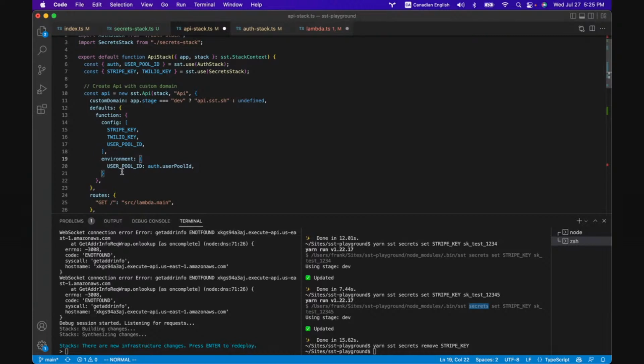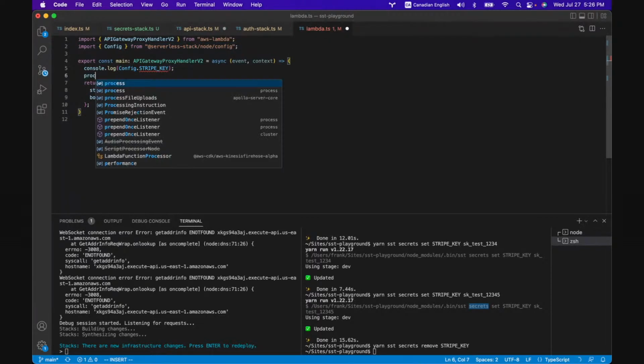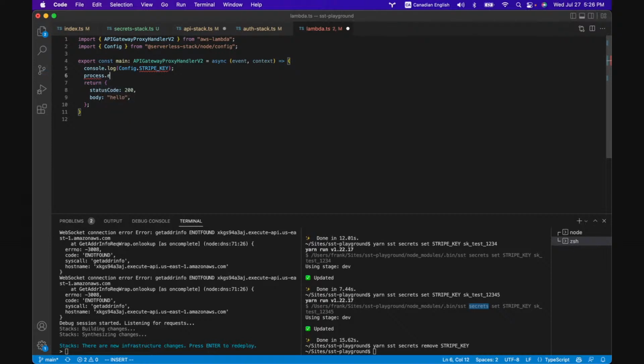This is based on the conversation Dax and I have. This is more for testing purposes, where if you're just setting environments like this, and say you have a Lambda function that uses process.env.poolId,